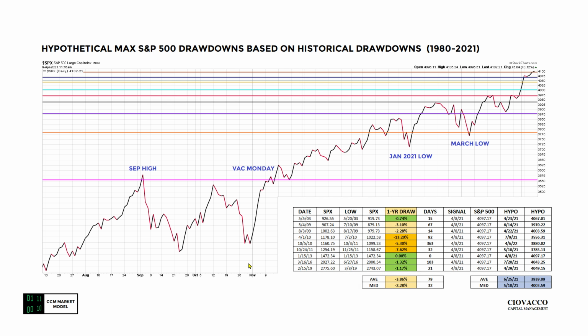Once again, if you want to keep an open mind about a wide range of outcomes, you have it right here. In terms of when the drawdowns occurred, pretty much all over the place in terms of calendar days from the date of the signal. The average drawdown, though, not too bad, 3.86%. The median, even better, 2.28, helping us keep a very open mind and helping us maintain maximum flexibility walking forward.